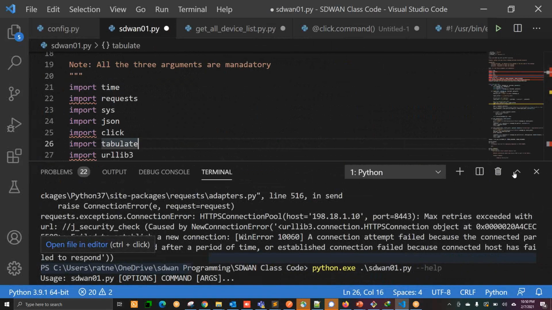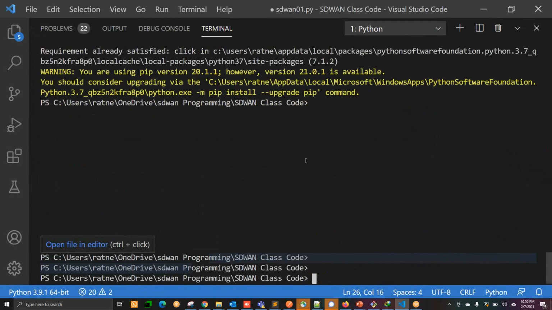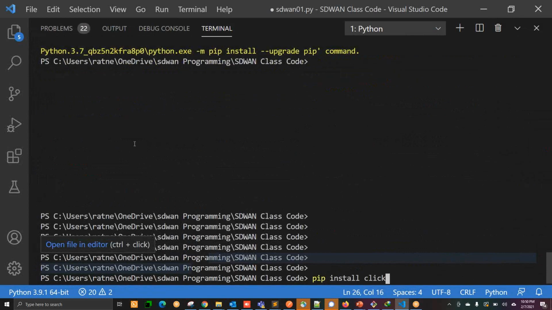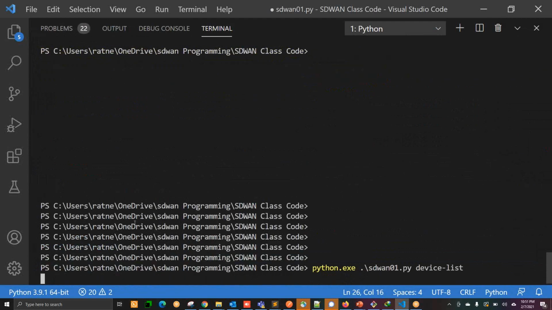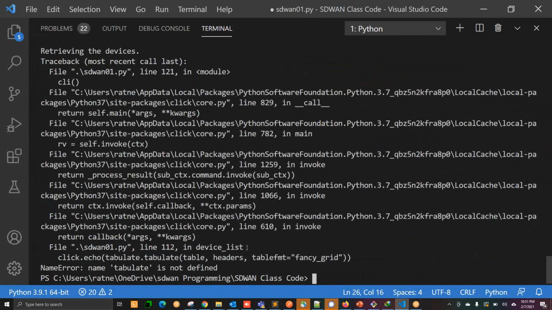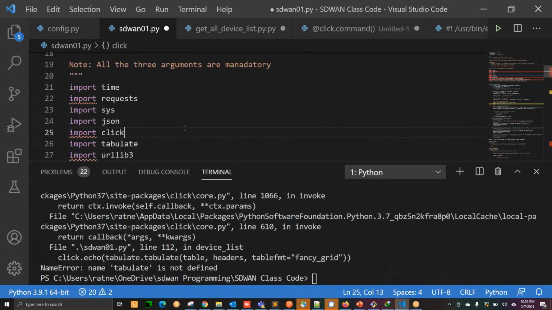What I will do, I will quickly show you the output. Let me go and execute this. So I'll go here and run this program, say Python, and then the program name, and then the device list. Great. Tabulate is not defined. Still, it is telling that it is not defined. Have I saved this after changing it?